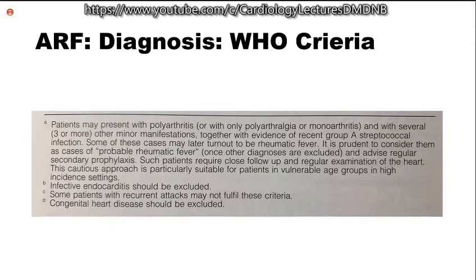Usually, rheumatic carditis occurs after the age of 5. Between 3 and 5, rarely, occasionally it can happen, and below the age of 3, it is extremely rare. Also, one more thing you should remember: as the age becomes less and less, the rheumatic involvement affects the heart more frequently. And as the age becomes more and more, the involvement of the heart becomes less and less, and joint involvement becomes more prominent.